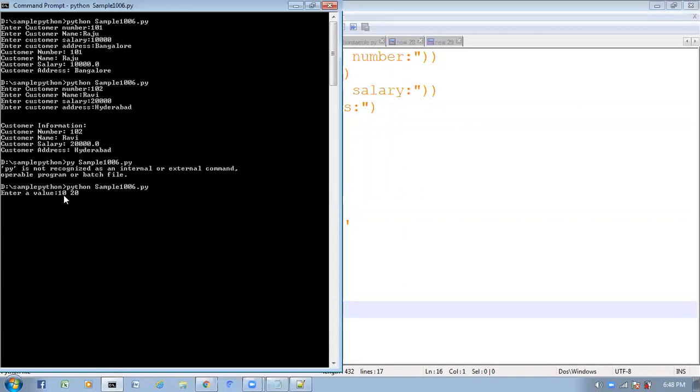The input function will treat this entire thing as a single string, and even space it will treat as one character. So 10 space 20, the input function will treat as a single string only. But my requirement is I want to divide this, and 10 I want to assign to A, 20 I want to assign to B.